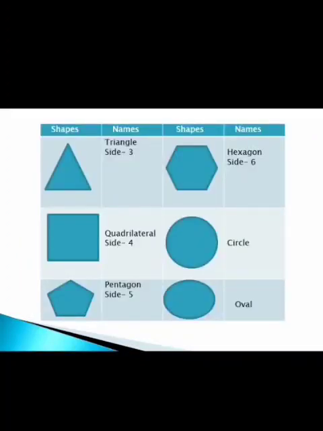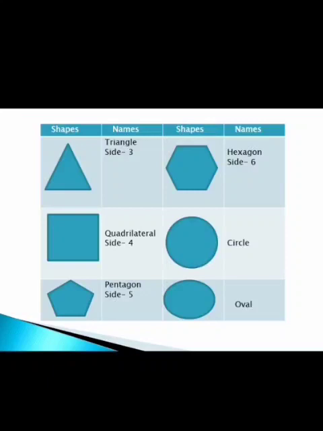Now we will learn about different shapes. In the first picture, the structure is known as triangle. Tri means 3. The closed figure having 3 sides is known as a triangle. Students, do you know what is a closed figure? Well, a closed figure is a figure which starts and ends at the same point.